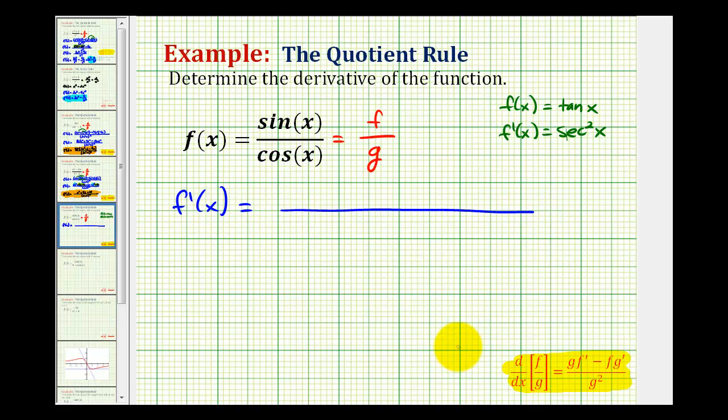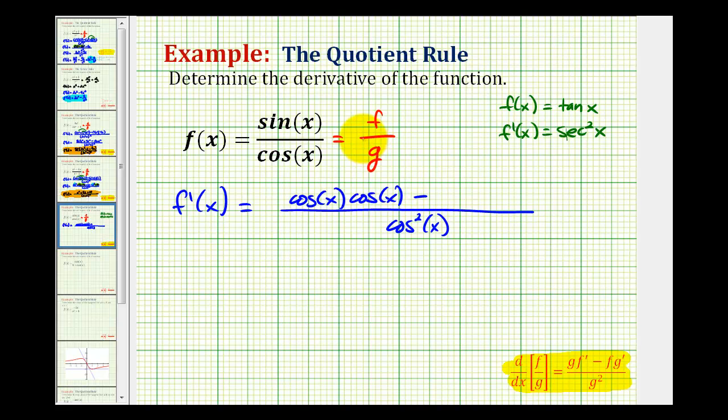The denominator is just going to be the denominator squared, or g squared, so we'll have cosine squared x in the denominator. Our numerator is going to be g times f prime minus f times g prime, or the denominator, cosine x, times the derivative of the numerator. The derivative of sine x is cosine x,